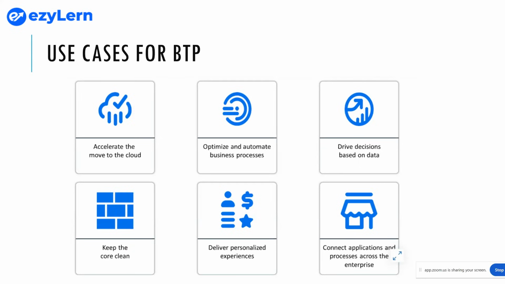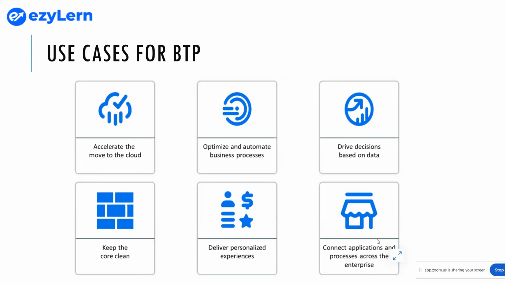Then you have deliver personalized experience. So organizations need the ability to customize and personalize their business in order to differentiate themselves from the competition. To do so, SAP will provide powerful application development tools to create innovative apps tailored to your customers and business requirements. So organizations are empowered to extend business applications with customer specific business logic and leverage the power of AI to accelerate your development and automation.